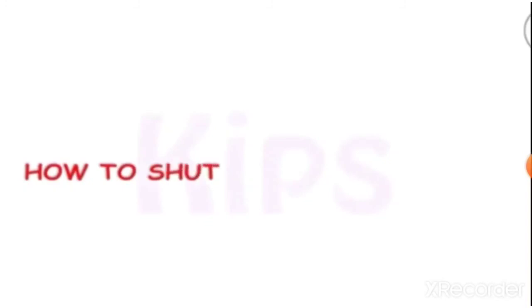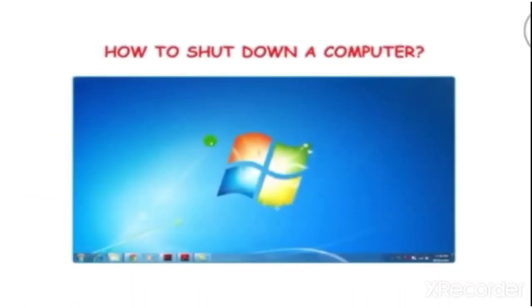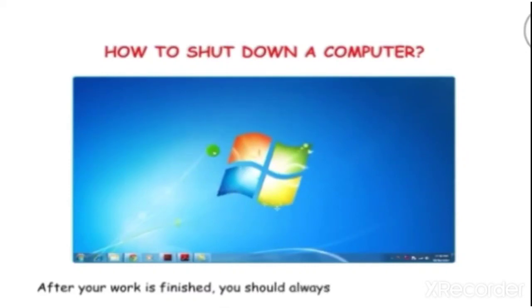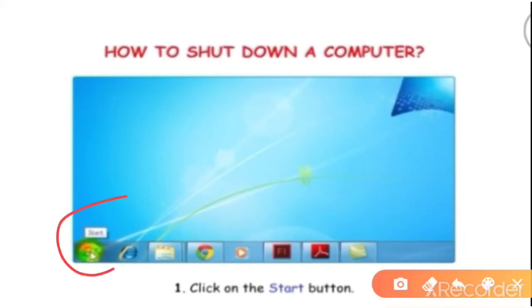Now on page 35 the topic is how to shut down a computer. You will learn how you can shut down your computer. After your work is finished, you should always shut down the computer. How to shut down? First, you will click on the start button. You can see here, this is the start button.